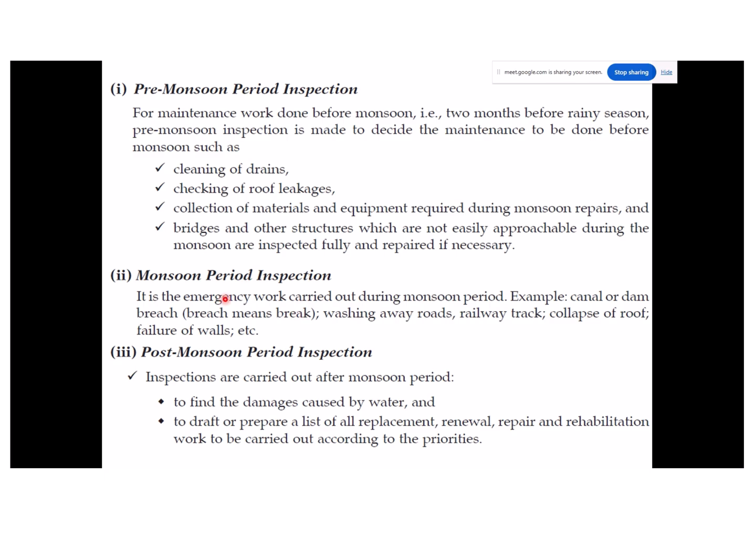Monsoon period inspection is emergency work carried out during the monsoon period. Example: canal damage, dam breach, washing away of roads, railway track, collapse of roof, failure of walls, etc. Post monsoon period